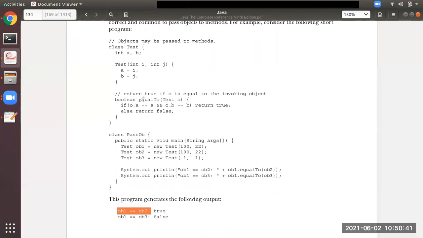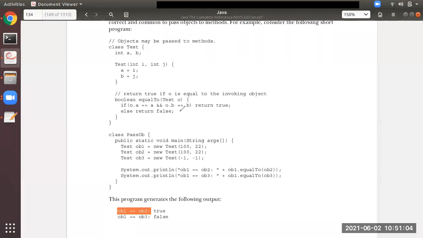So ob2 will be passed as a parameter here. So now o.a will be the value of ob2, and o.b will be the value of ob2. As you all know, a and b of ob1 are 100 and 22, and o.a, o.b also have 100 and 22.